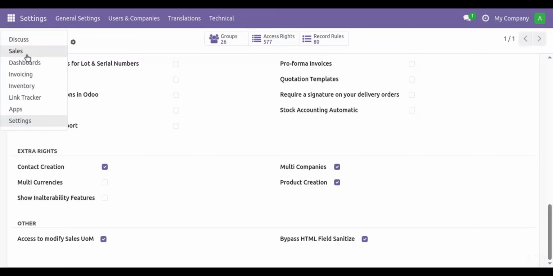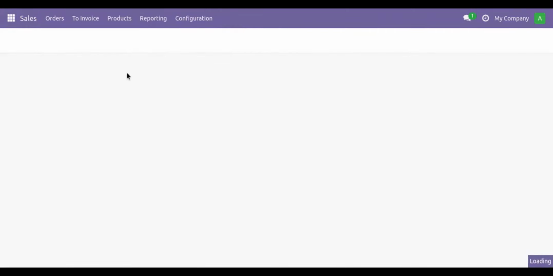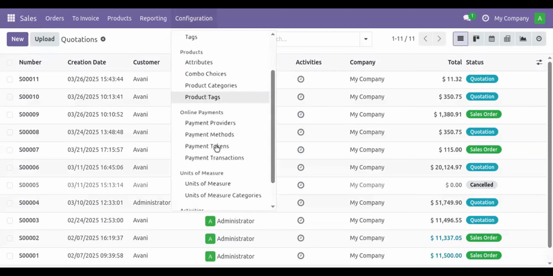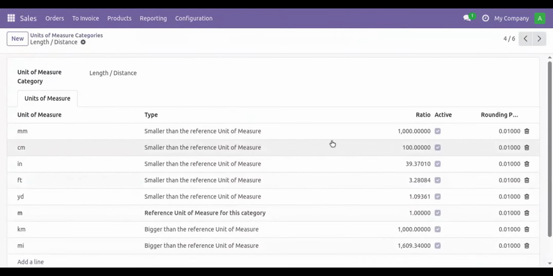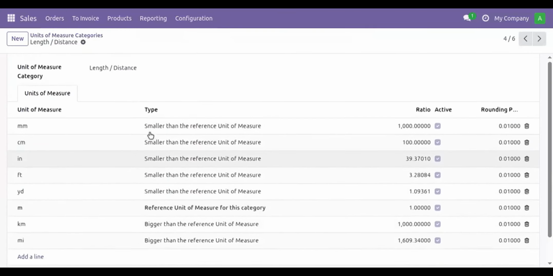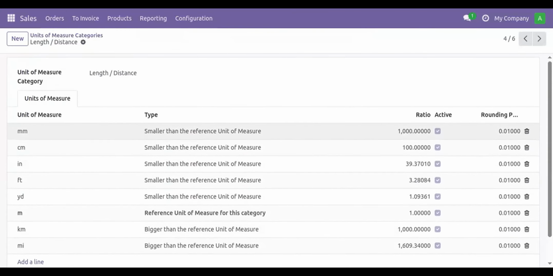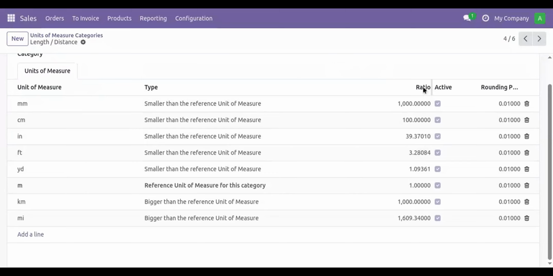And next we have to configure the unit of measure category. Here, let's ensure that all the UOM conversion ratios are given correctly. And we have to make sure that whenever we choose a unit for a particular product, the other sales units of measure belong to the same unit of measure category. So now that we have the ratios, let's open a product.